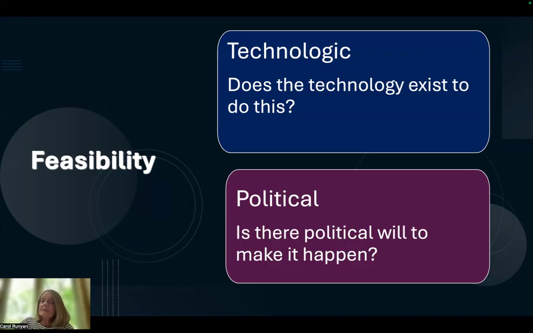So I think about two different types of feasibility. Technologic feasibility: does the technology exist to do this intervention? If the answer to that is no, you probably need to ditch it pretty early in the process. If you can't do it, you can't do it. But realize that you might be able to do it at some later point. I mean, 20 years ago, we didn't have cell phones. Well, maybe it was more than 20 years. But anyway, we didn't have the technology in cars to identify where a crash happened and to send help.